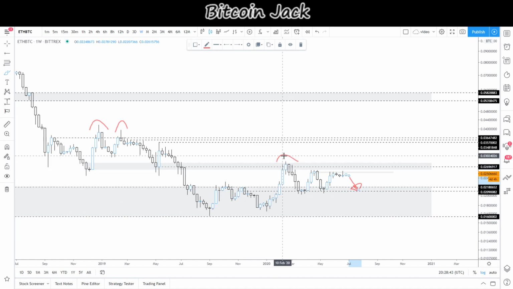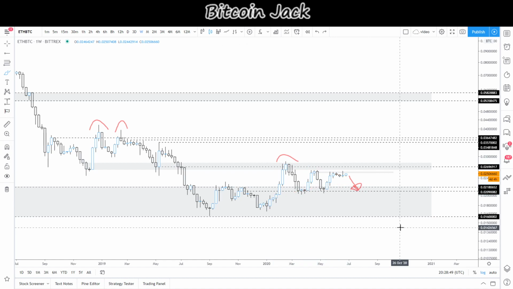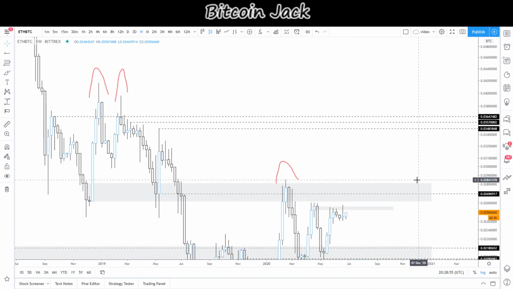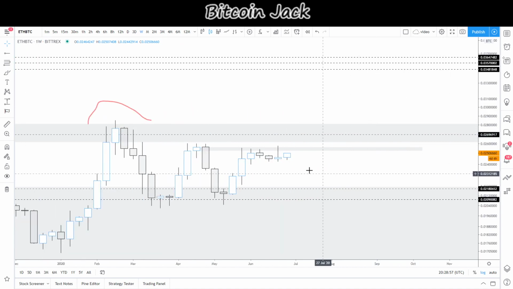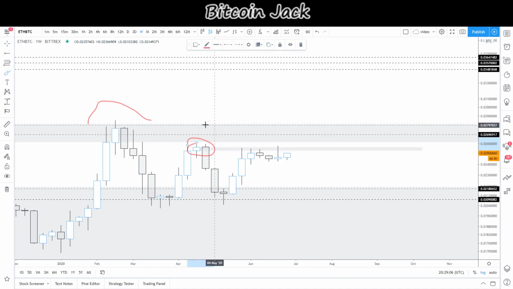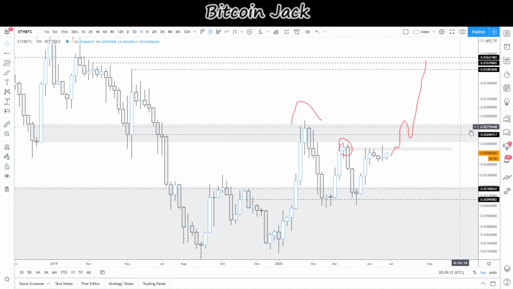simply because of the fact that the chance that this is some kind of triangle is very, very small, and we're just consolidating under resistance right here. So if we further zoom in, it's very clear to me that once we actually break this range here, boom boom, I'm pretty sure we're going to break this, and then we're going to rally up there. So bottom line,